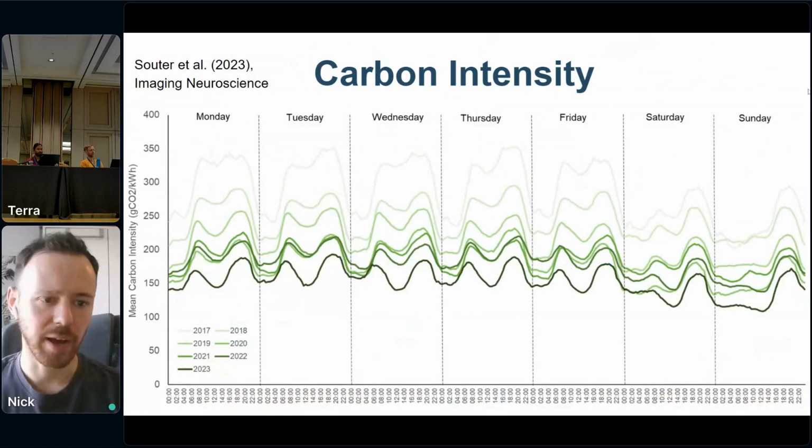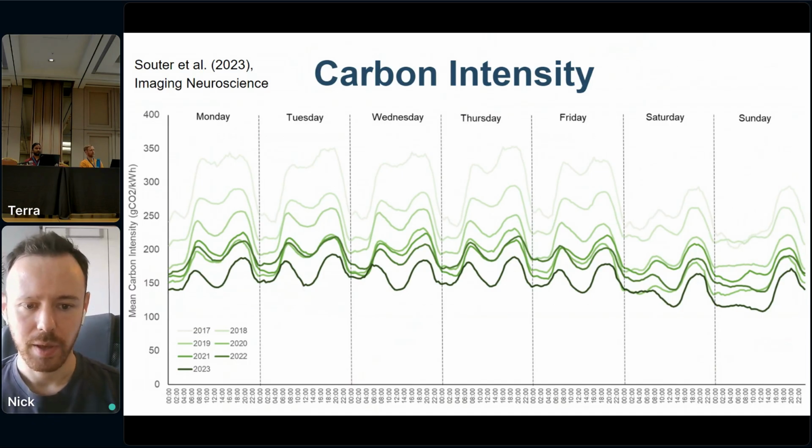So here we have data from this public API. It's a figure from a recent paper of ours. On the y-axis here, we've got the mean carbon intensity of the UK in grams. And then on the x-axis, we've got, for example, a given 8 a.m. on a given Tuesday in 2018 or 2021 or whatever that might be. So we can find the average carbon intensity for each half an hour time point, basically, for each